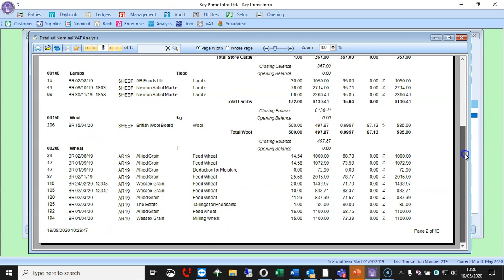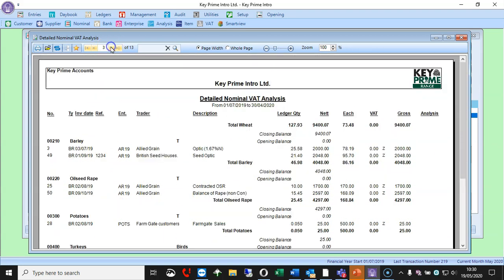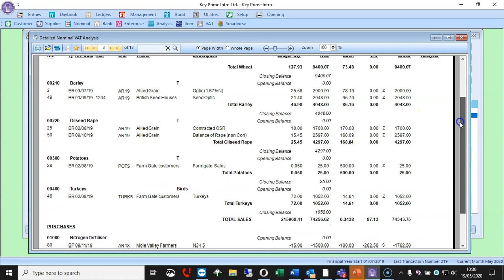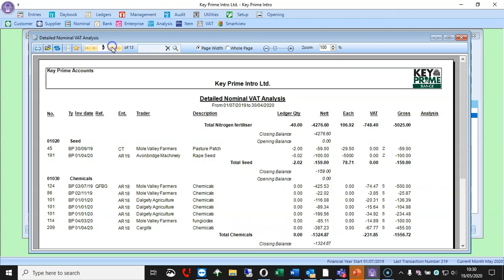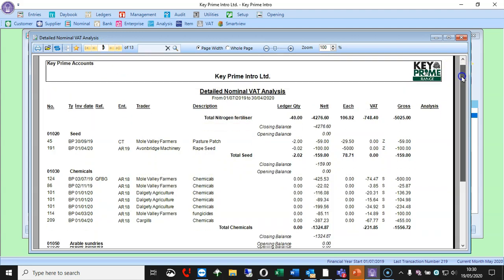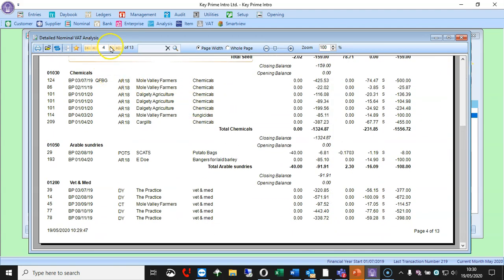We can scroll further down, keep going down, and we're just checking that we've been consistent.